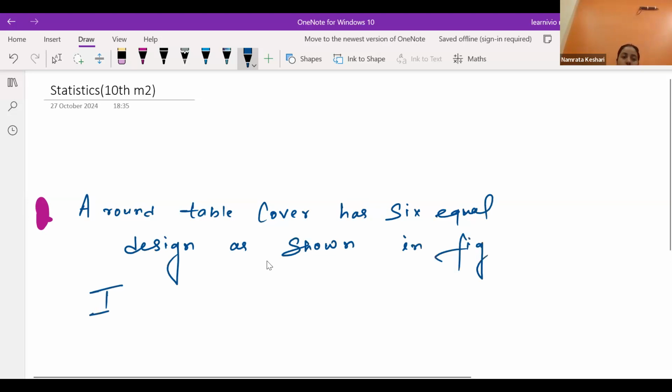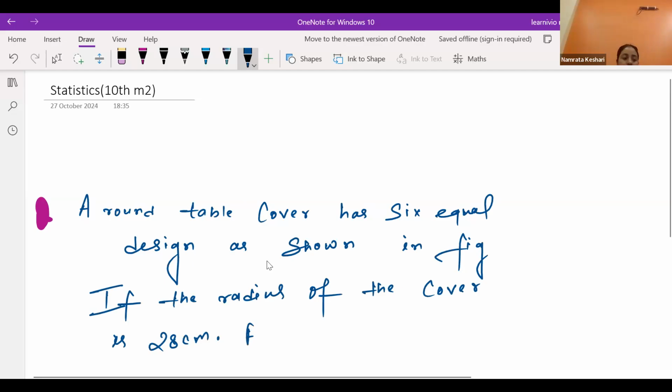If the radius of the cover is 28 centimeter, okay, I'm showing how exactly we are having the cover. Find the cost of